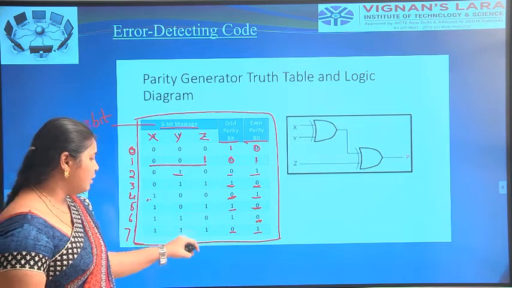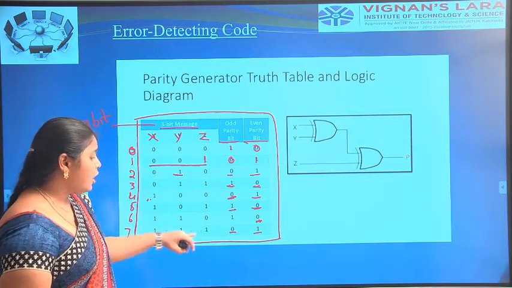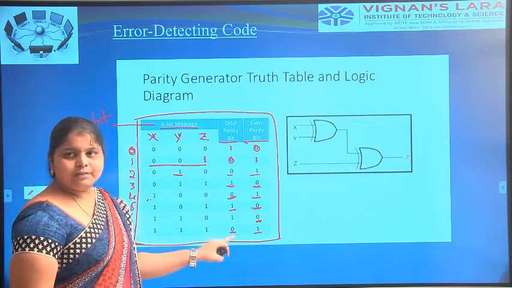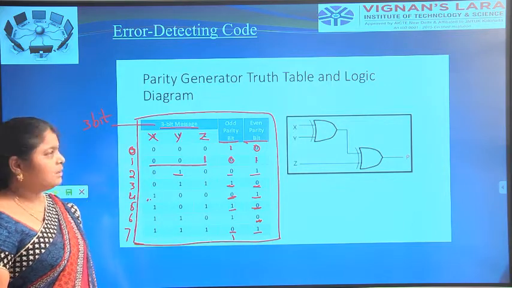Here all three are 1, an odd number, so odd parity will be 0 and even parity bit will be 1.